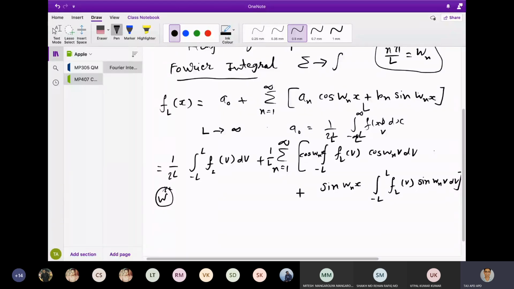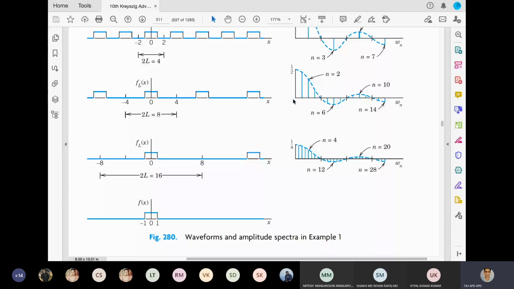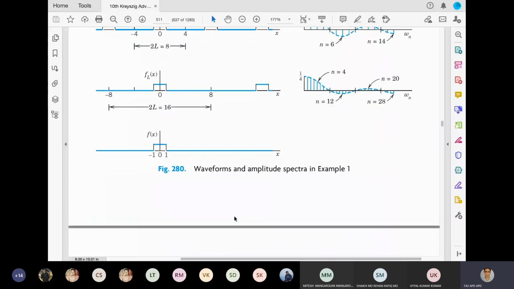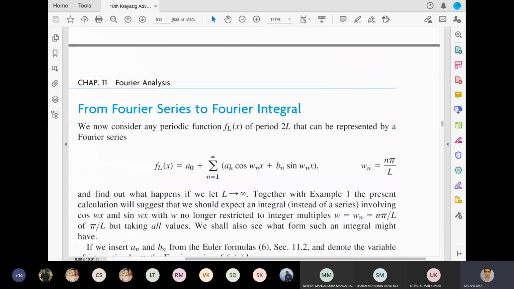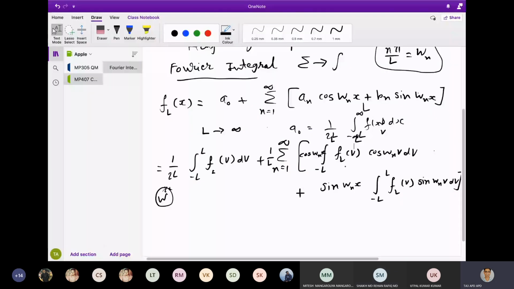When you take that variable over here, it is not going to affect this whole term, because what we want is to actually minimize this integral. In the example we saw, as we take L tends to infinity, this whole term goes down, it becomes flatter and flatter, so that the Fourier coefficients are going to be replaced by the Fourier integral. Okay, so therefore we have to keep them separate. Yeah, so let us move ahead.